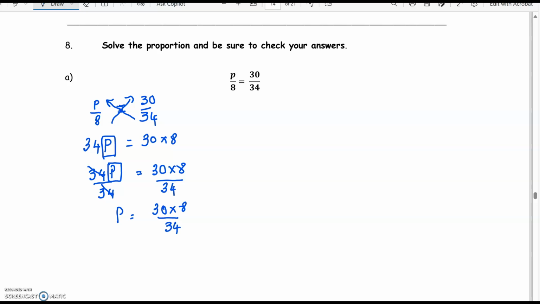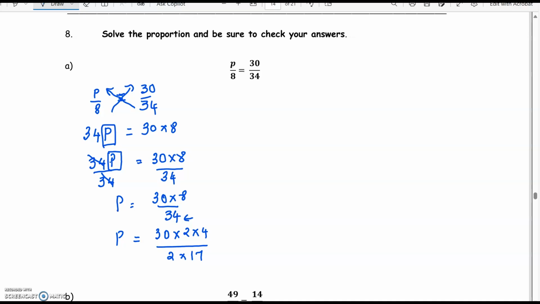So notice that I have not multiplied any of these numbers, and the reason is that I want to simplify completely. And I want to keep it in that form so the numbers are small and easy to cancel. So we have 30 times, and I know 2 divides 34, so 2 times 4 divided by 2 times 17. 17 twos are 34. So we cancel the 2s and we have p equals,